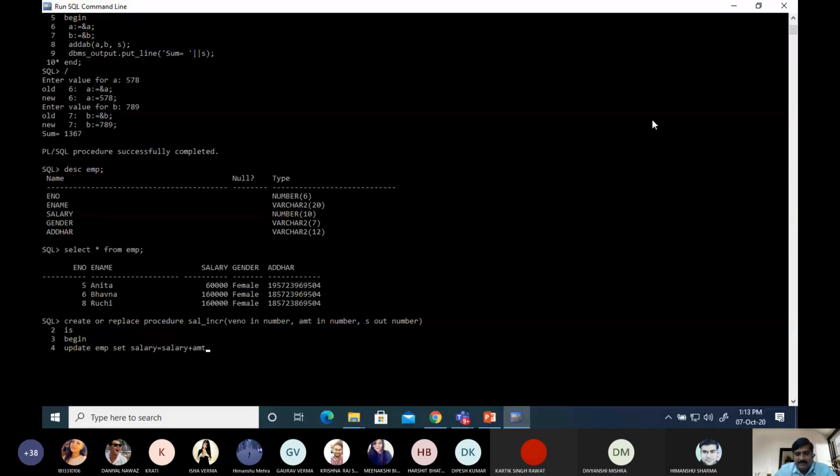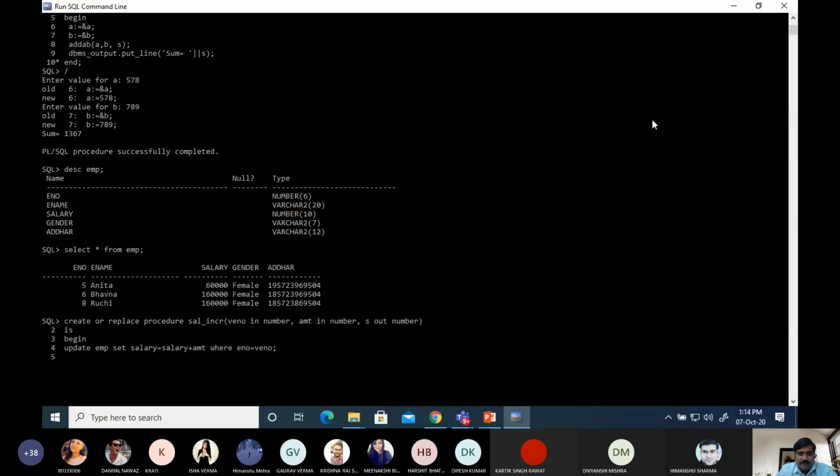Whatever we pass through the procedure, add that amount into the salary. And the condition is where E number equal to VE number, which we will pass through the procedure. Did you get it?